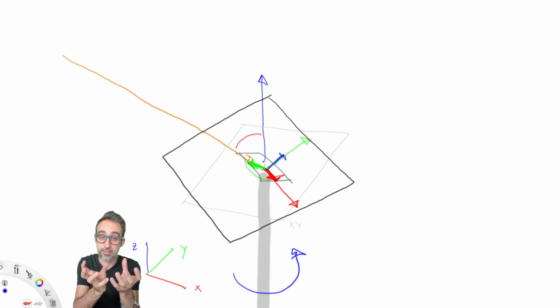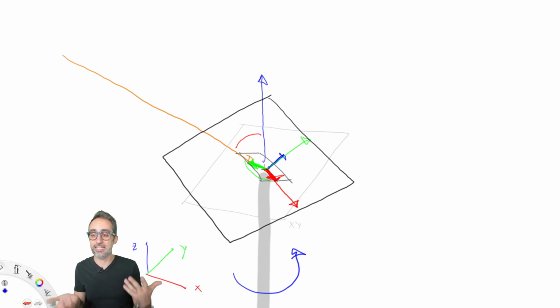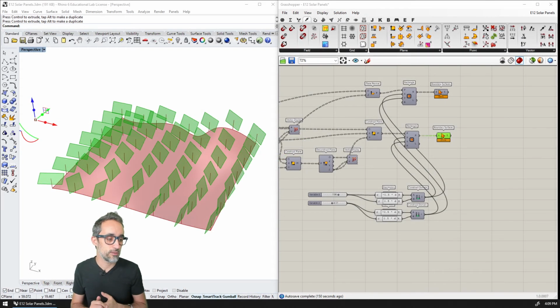And long story short as well, I have worked here with creating planes that contain two vectors just for the sake of finding a perpendicular one to them. This operation would have been much more easily done with the cross product of two vectors, because one of the properties of that operation is that the cross product of two vectors gives you a vector that is perpendicular to those two. But we didn't get into that. We're not going to get into that in this series, so I just decided to keep it easier with planes.